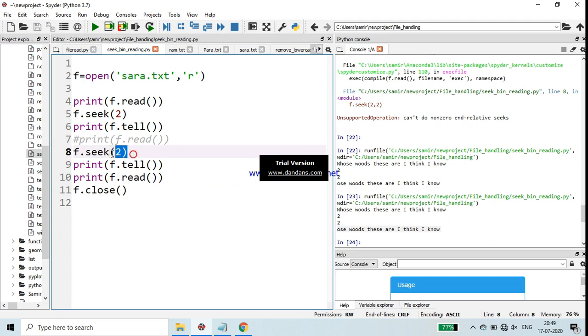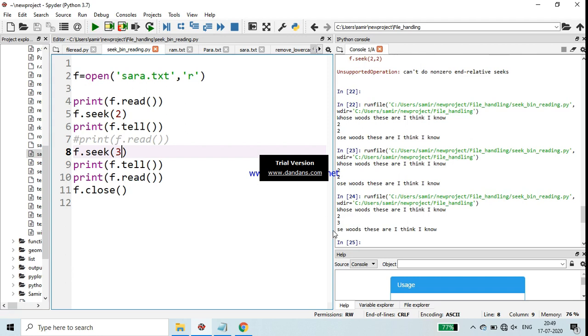That means you have to remember, when I am calling this function seek again and setting the file pointer, it's not going forward from its current position. The file pointer is again set to the 0th position, and from there it is reading. Suppose that I am doing 3. So it will again start from the 0th position, like see 0, 1, 2, 3. From S it is coming.